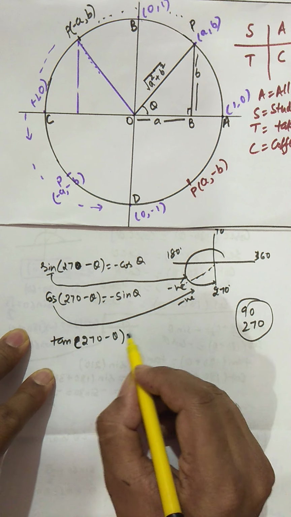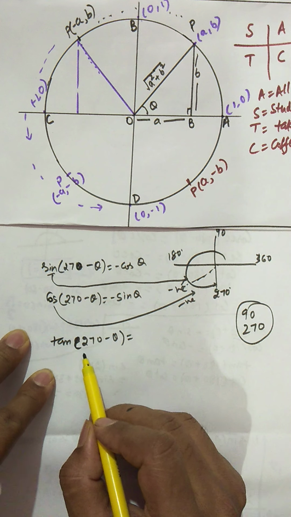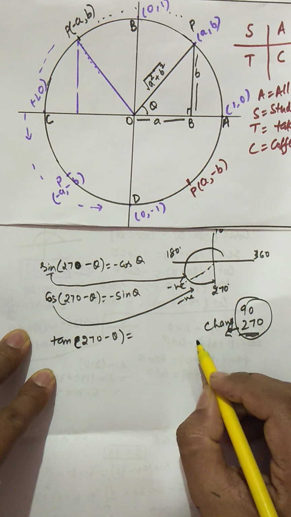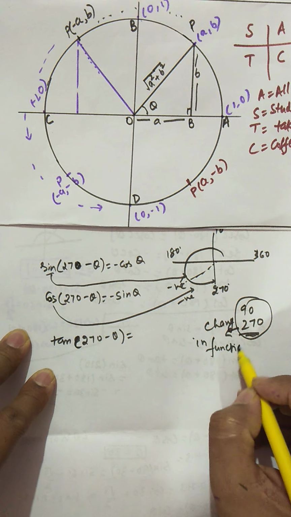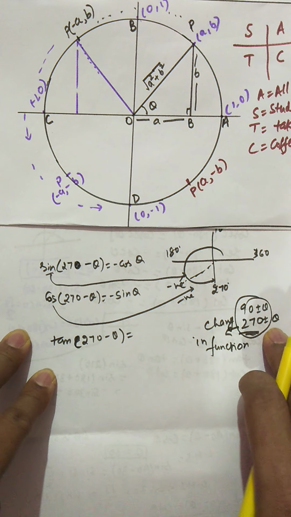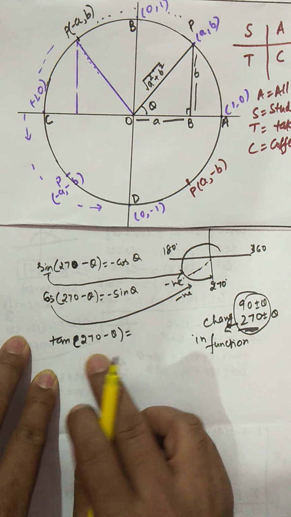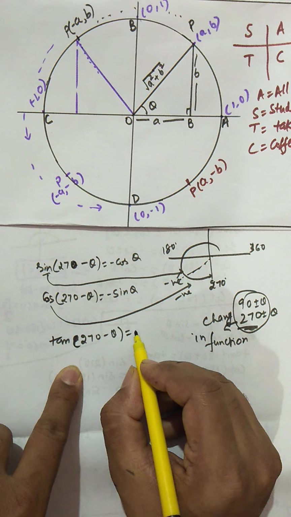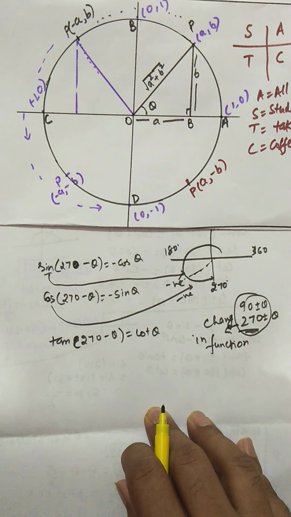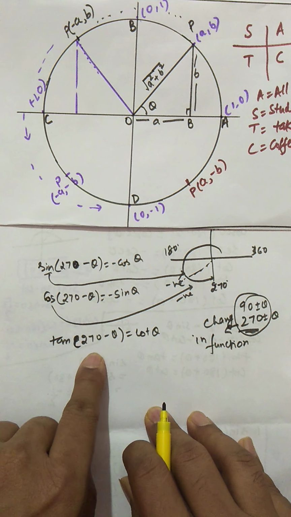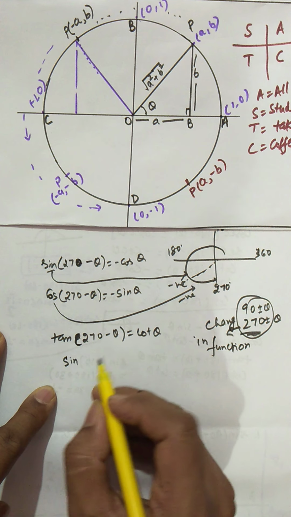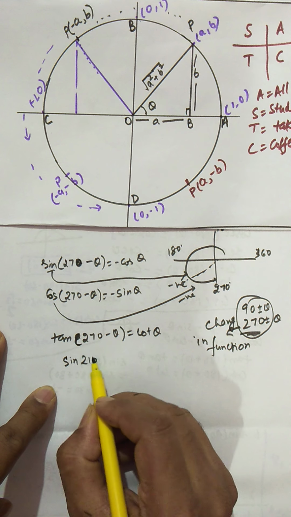Now if I write tan 270 minus theta, first the function will change. You always have to remember whether it is 90 plus or minus theta or 270 plus or minus theta, your function will change. So this is 270 minus theta, so the answer is going to be cot theta. Similarly, cot 270 minus theta is going to be plus tan theta. Tan and cot will be positive, the rest will be negative. Now for example, if I want to find a value, like earlier I found the value of sine 210 degree.